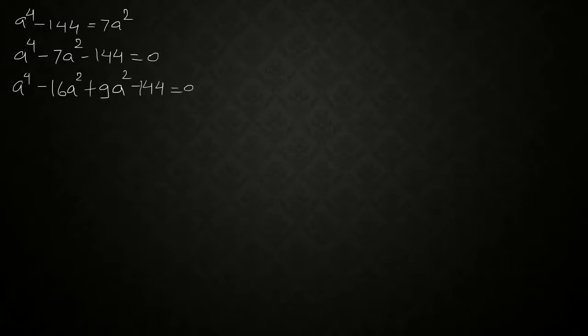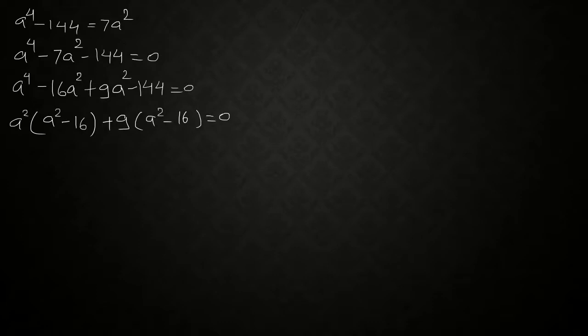Now if we take common from the first two, we are getting a raised to 2 common. We are getting a² minus 16 in the first bracket. And now common from the third and fourth term, which is minus 144 and minus sign. So be careful. What are we getting, 9 we can take common. So plus 9 if we take common, again in bracket we have a² minus 16, which is equal to 0.